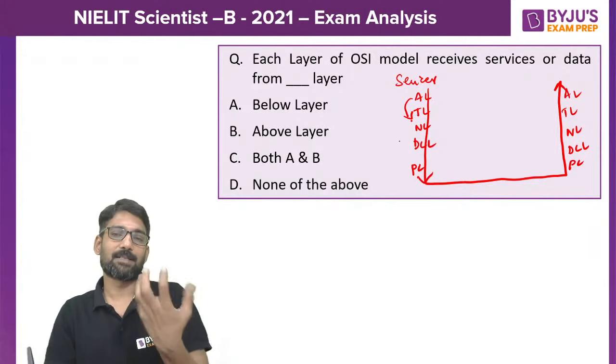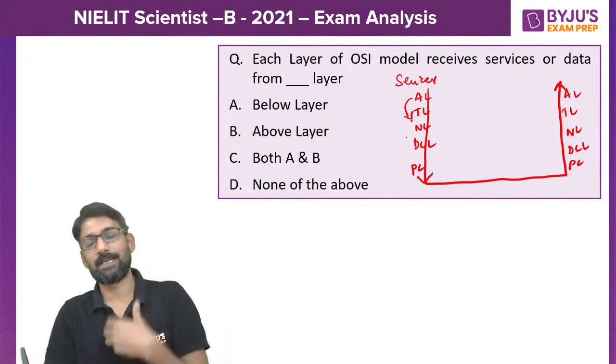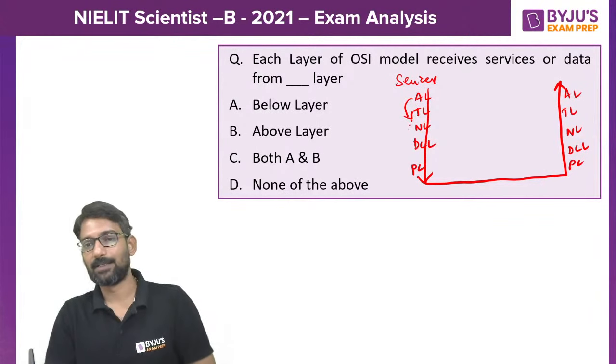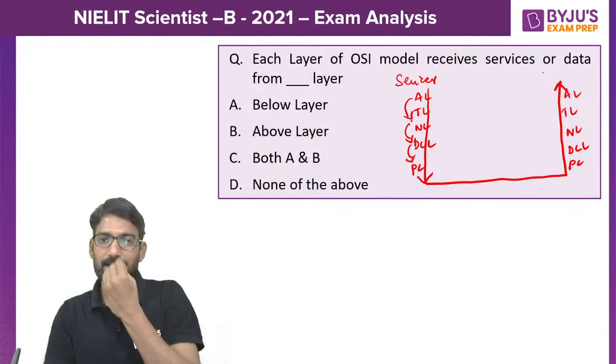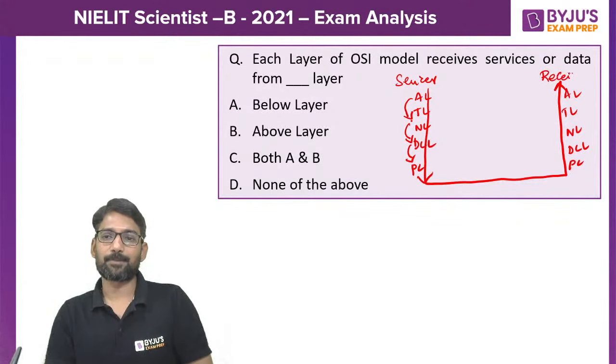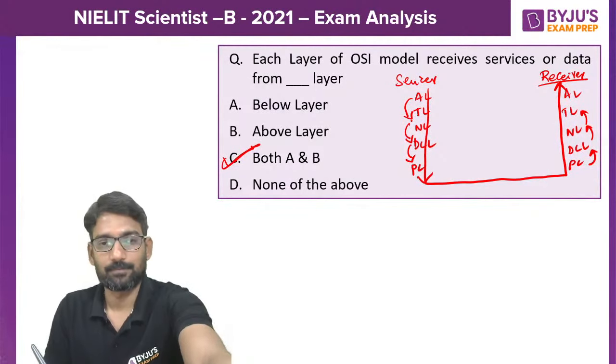So at the sender side, each layer receives data or services from the upper layer. At the receiver side, each layer receives data or services from the bottom layer. So it is both A and B. Right? Next,